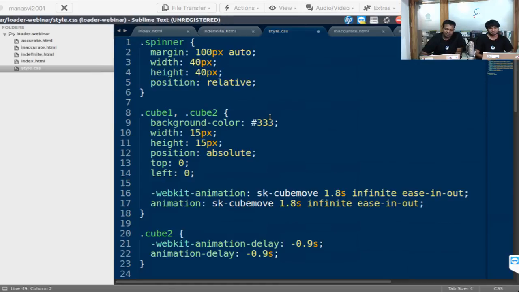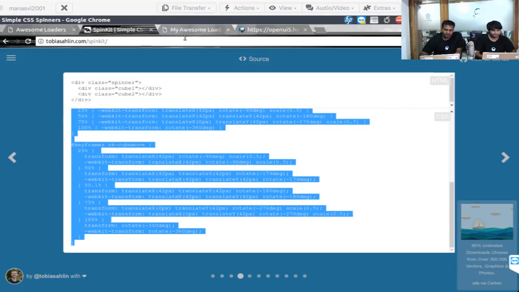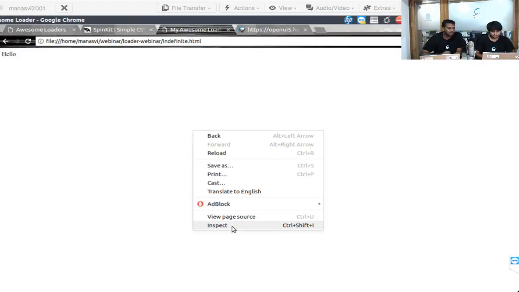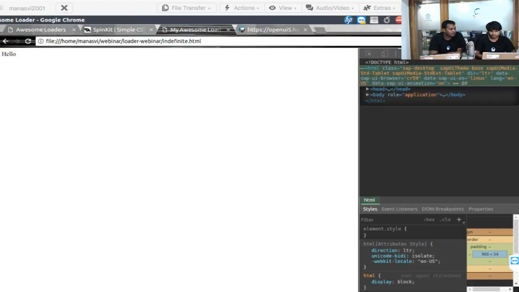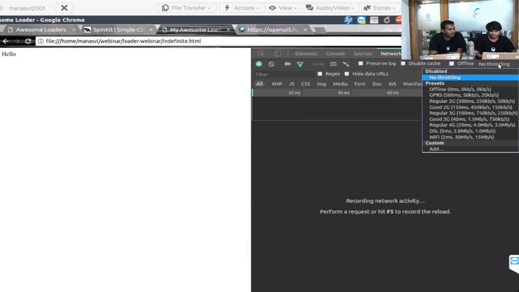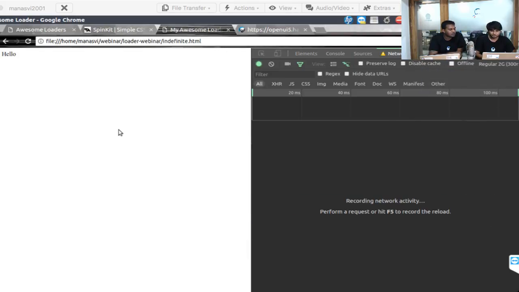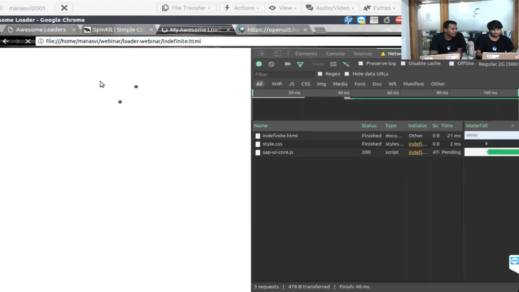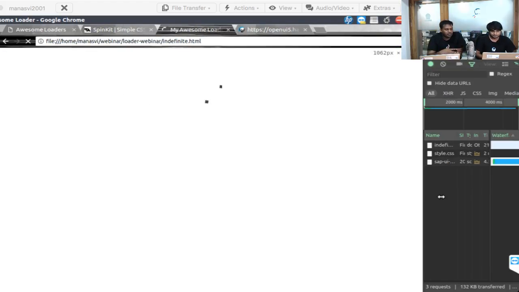If we save it and go back here, throttle again. Let's do a regular 3G, and do a hard refresh. So you can see the loader, which will run for maybe a few seconds